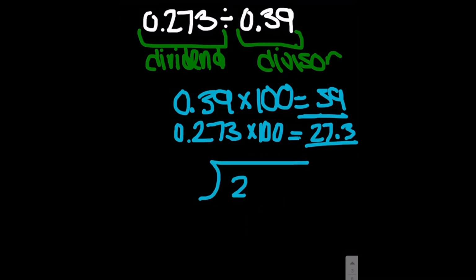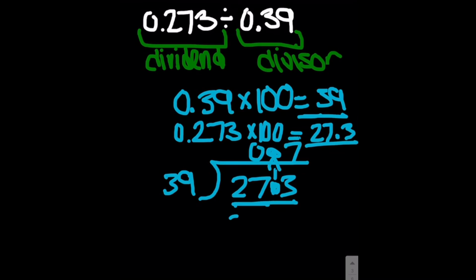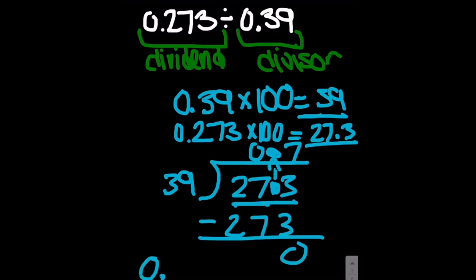So let's do this. This will be 27.3 divided by 39. Remember to bring your decimal up. And you can really estimate it right away. It's going to be a number less than 1. Right away, you can realize that. 39 can't go into 27, so I have to put the 0 there. And it could go into 273 though, 7 times. And if I get that, I get 273 minus 273, perfect, it's 0. So our answer really was